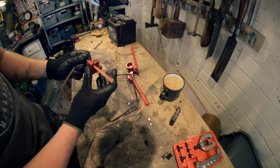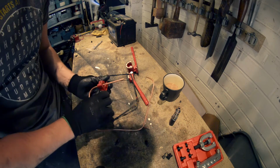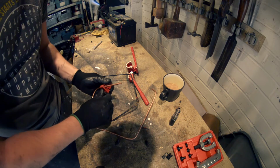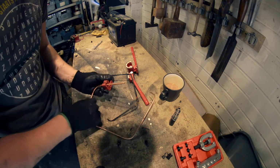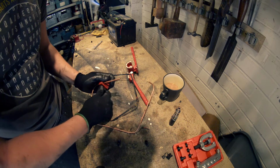Bear in mind guys, I am not a professional at this. This is just how I'm doing it, and it's worked for me so far, and I've not managed to kill myself. It's also passed MOTs with this method, so